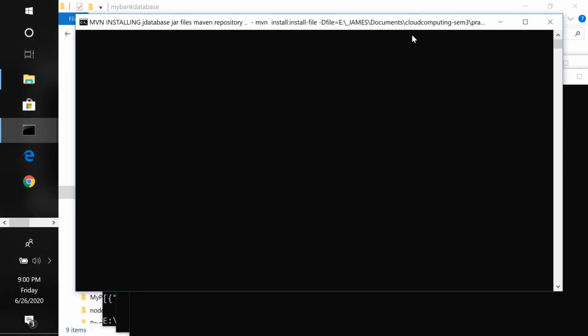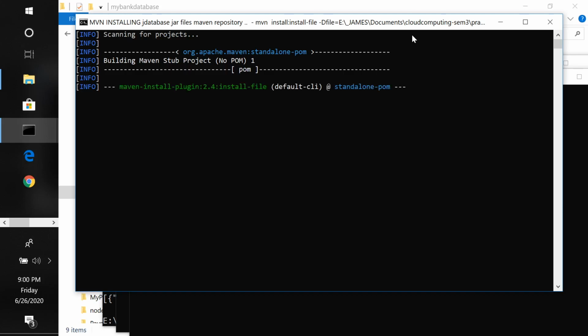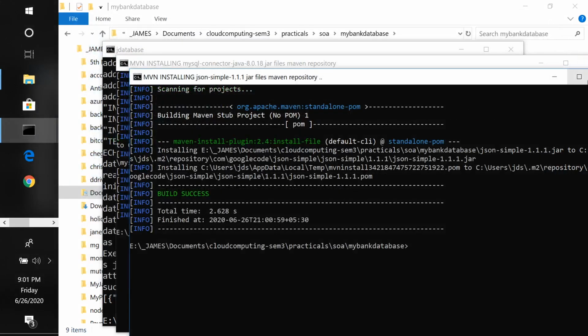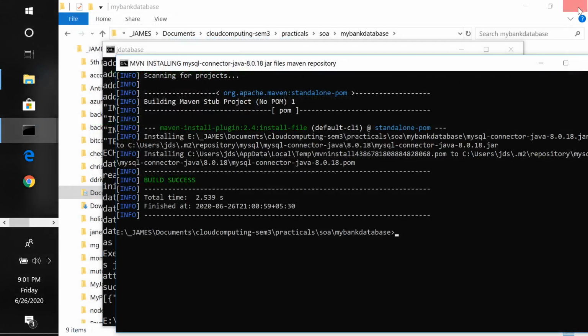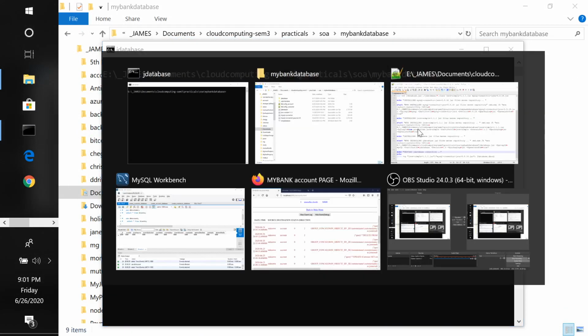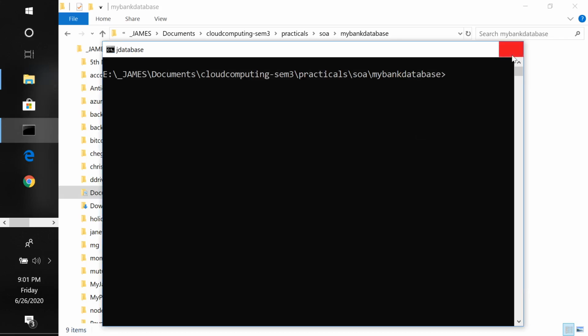I need to wait while it does everything. This is done, it was compiled, it has created a jar file and it is stored in the Maven repository. This is the common component which we spoke about, right?